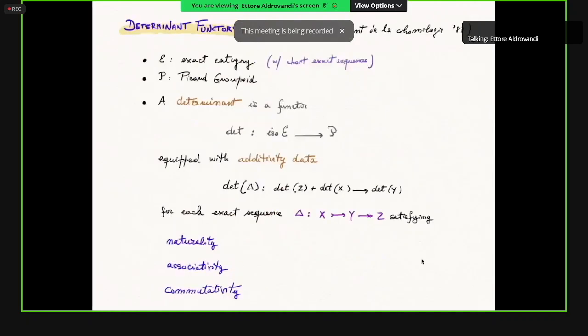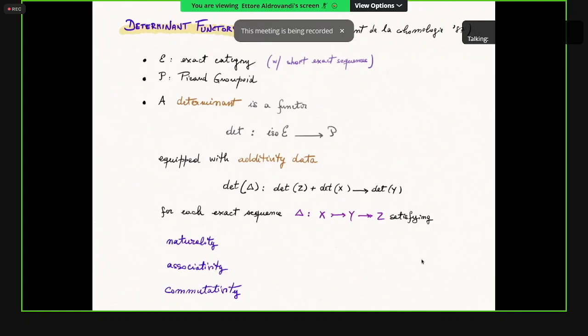So the general definition, originally due to Deligne, was the following. It's an abstraction of what I just told you. In the original reference, E is an exact category, which is a category in the sense of Quillen, exact, so a category with short exact sequences. For example, you should think about an abelian category. P is a Picard groupoid. And so a determinant is a functor from the category of isomorphisms of E to P,